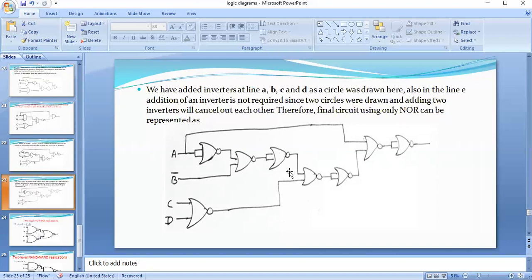Or if you want to implement the given Boolean function using NOR gates, the first step is the same. You have to draw the logic diagram using basic gates, AND gate, OR gate and NOT gate. After that, you have to place a bubble at the output of each OR gate and the input of each AND gate. After that, you have to replace each bubbled AND gate with a NOR operation. So finally we get the circuit using only NOR logic. So this is the conversion from AOI logic into NAND logic and NOR logic.